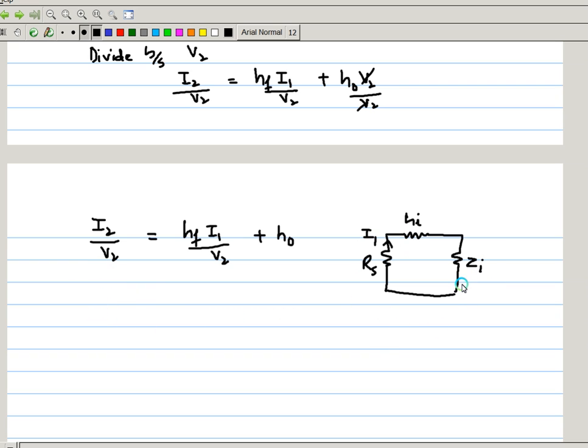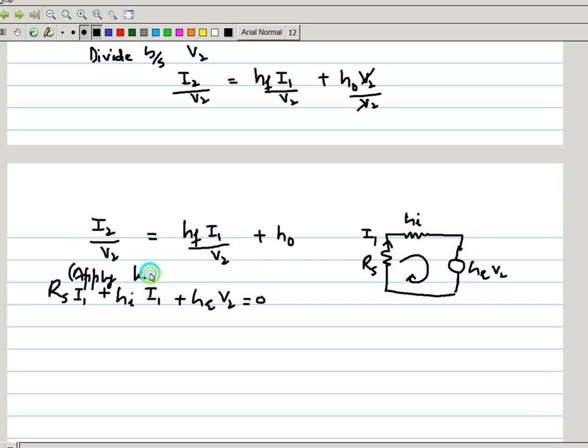Let us take the voltage source which is already there, HR and V2. So we have Rs into I1 plus Hi into I1 plus HR into V2 equals 0. This is the KVL, so I'll write here: apply KVL to input circuit